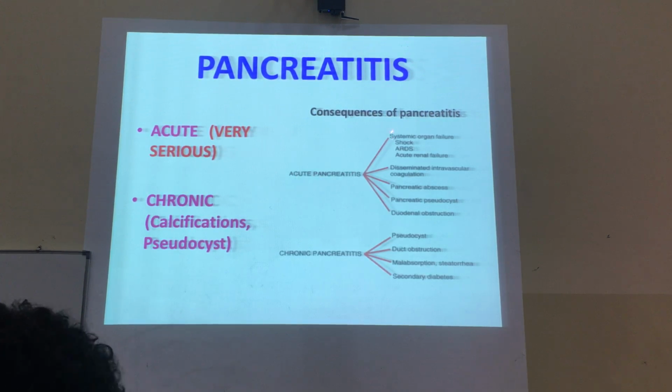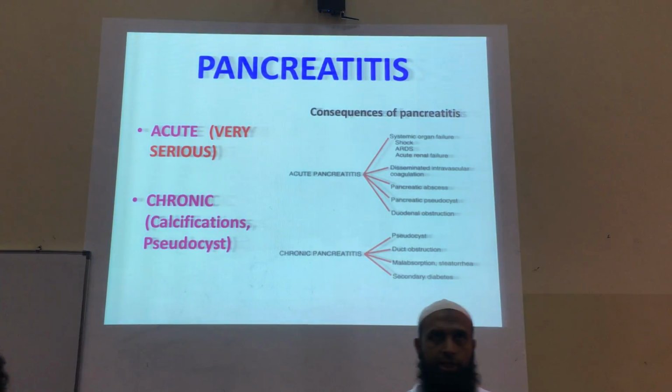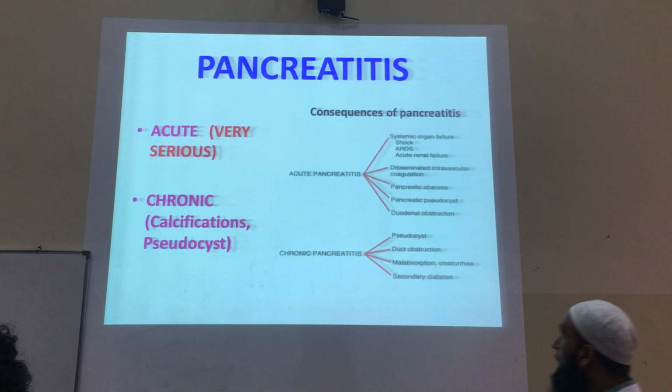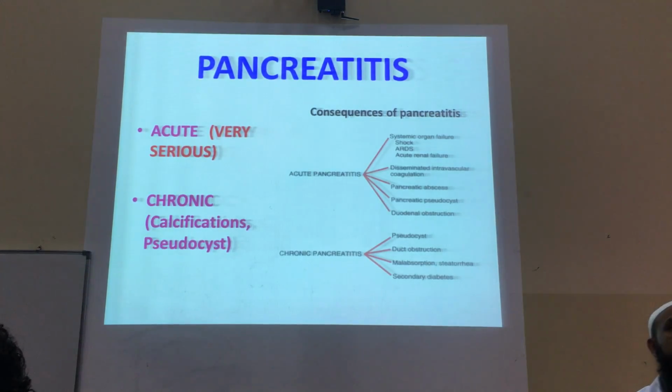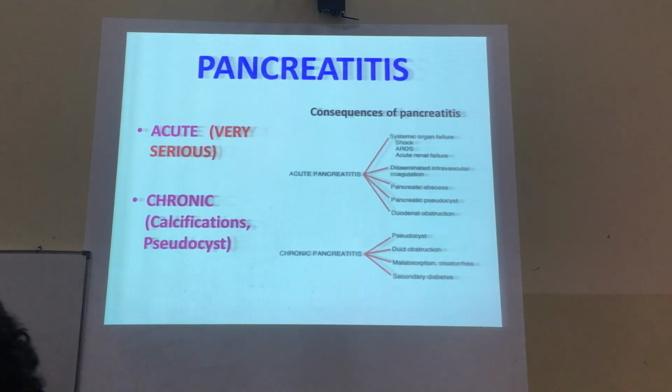Acute pancreatitis, what could be the consequences? Naturally speaking, we should go through etiology first and then complication. But in this slide, we will let you know the severity of pancreatitis, what it can cause, what are the consequences, so that you can know why this disease is important to know, and then we will come to etiology and the pathogenesis. So acute pancreatitis can cause multiple organ failure, it can cause shock, it can cause ARDS,